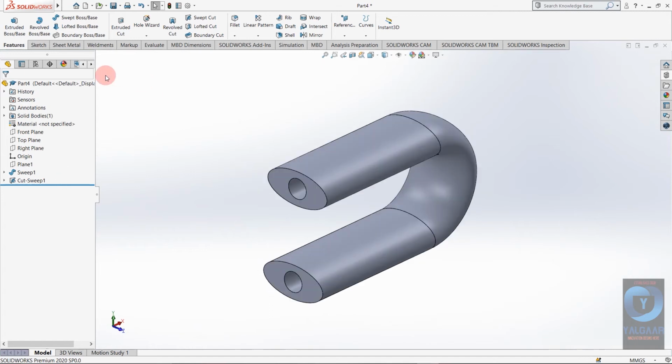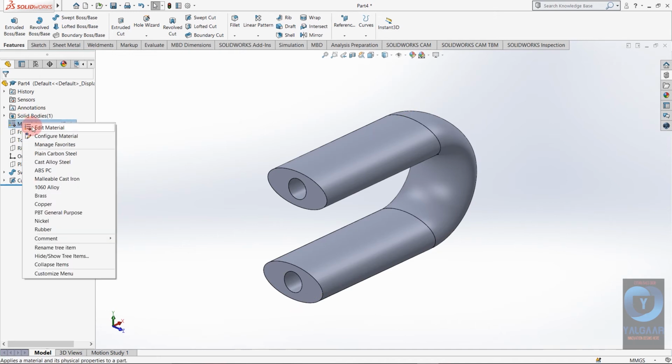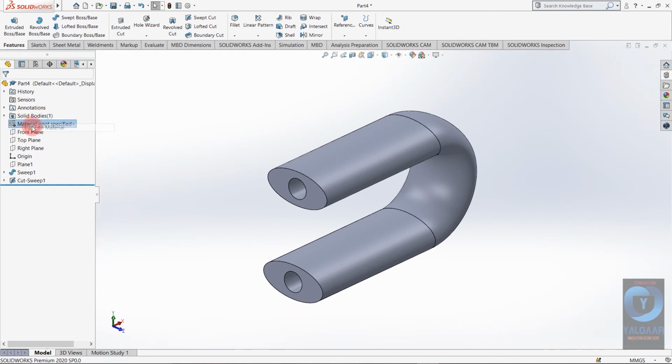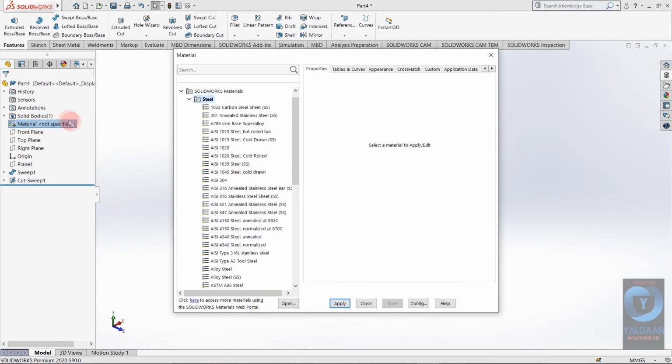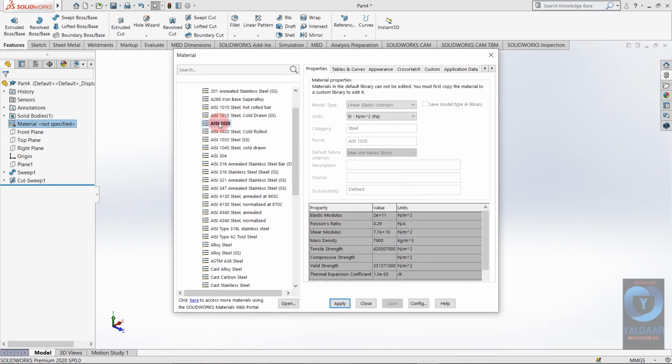You can also apply specific materials to your component. For that you can see here in the design tree the material option, just right click on that and click on edit material. SolidWorks has its inbuilt list of materials. Suppose I'm going to select AISI 1020 steel.